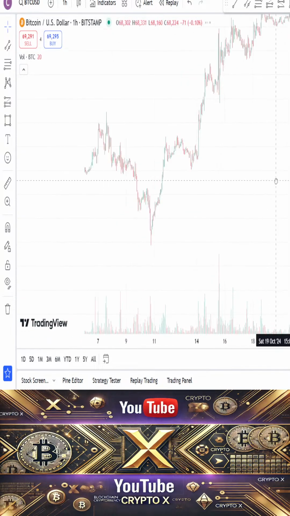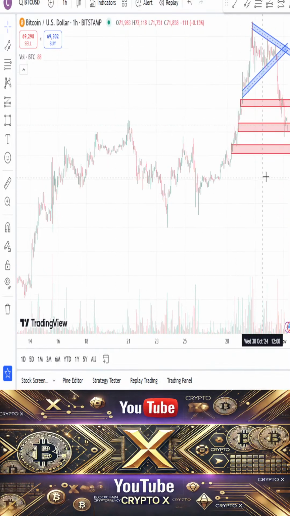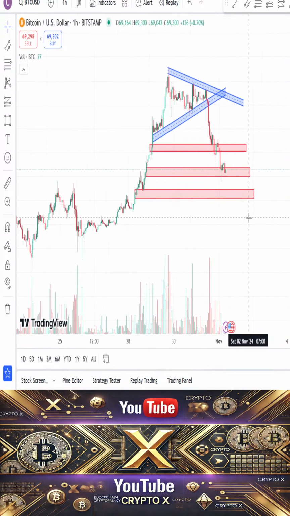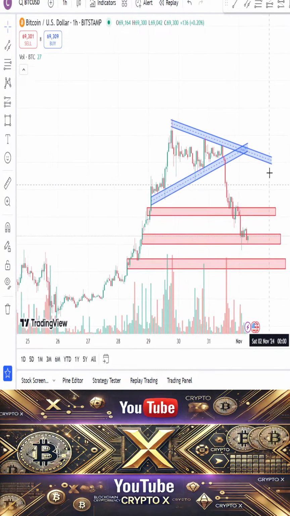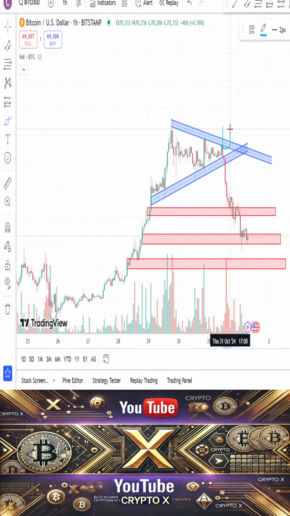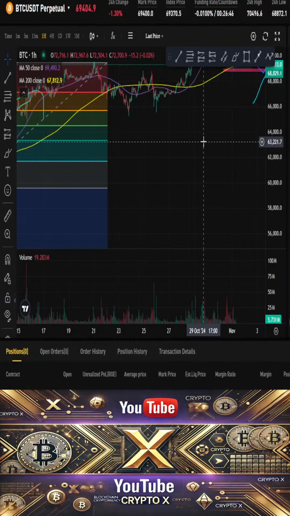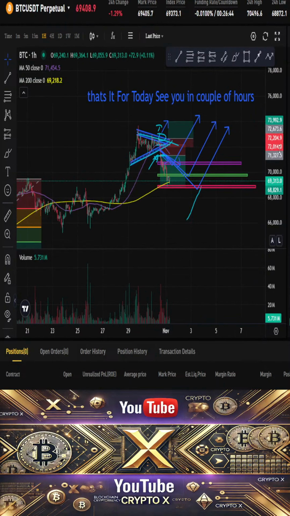So after yesterday, what's our plan? What was our plan in yesterday's stream? In yesterday's stream, we were waiting for this breakout, here or here. If it is breaking upside, then we will take an upside trade. If it's breaking downside, then we will take the downside trade. For a little bit of understanding, you can see here